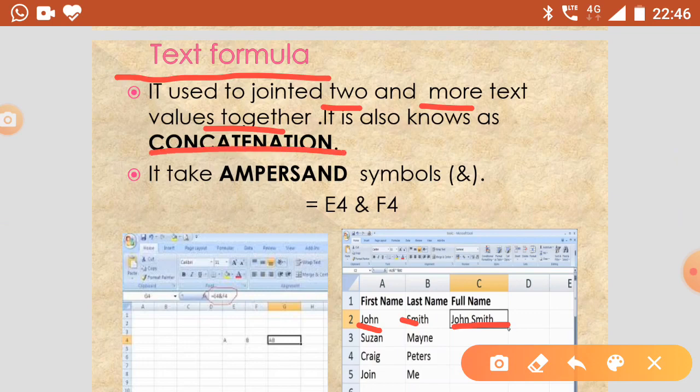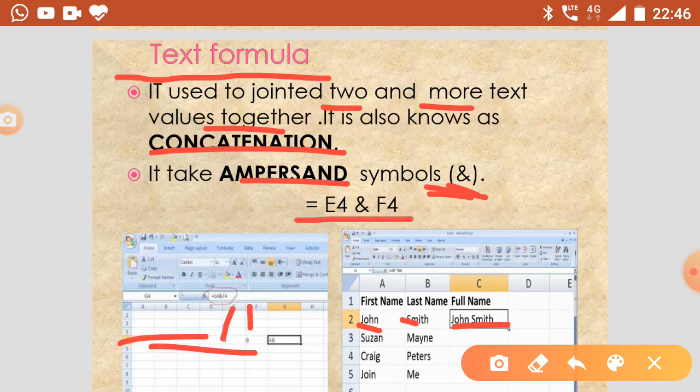Now come to the next point. In a text formula, we need the ampersand symbol. We need this type of symbol. To add, suppose it is E4 and F4, then we write the formula like this. You can see your answer will become AB.